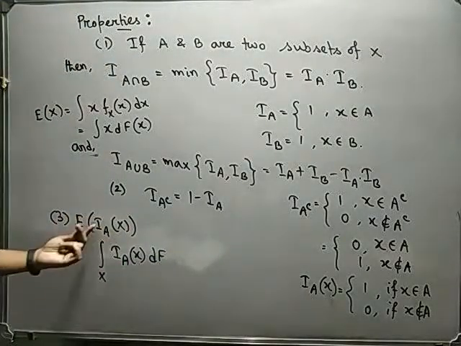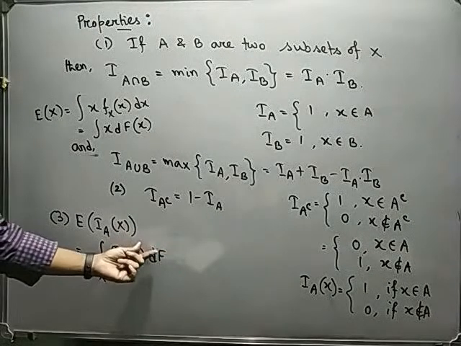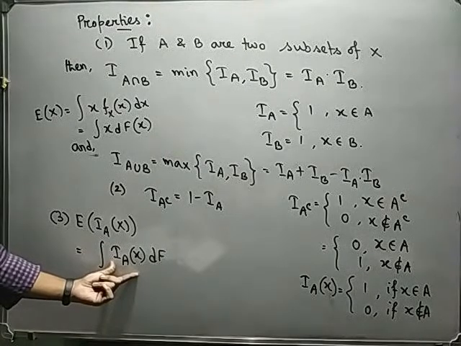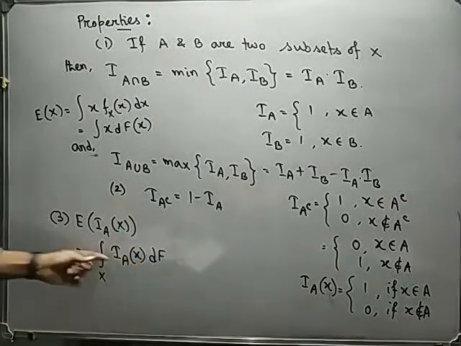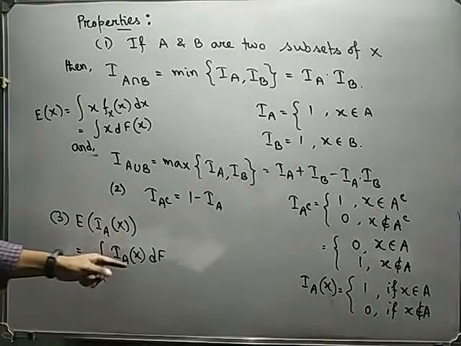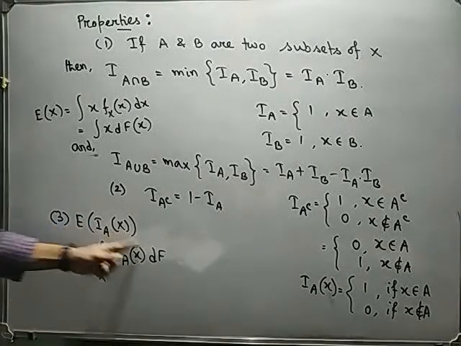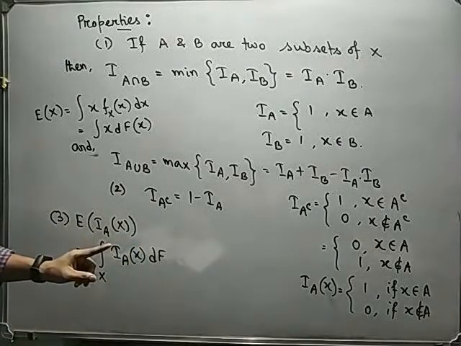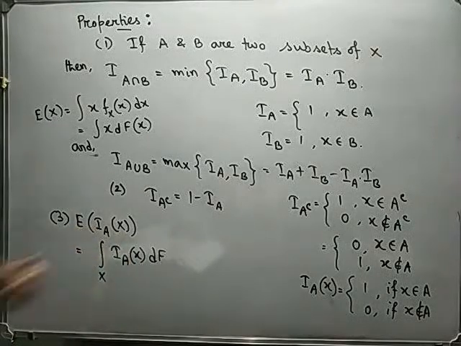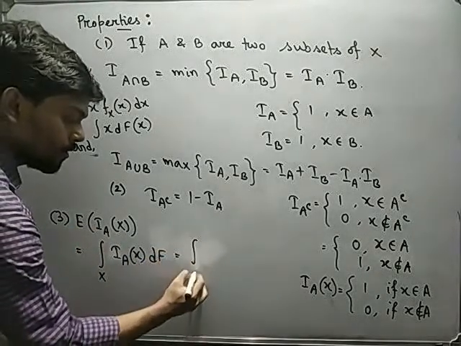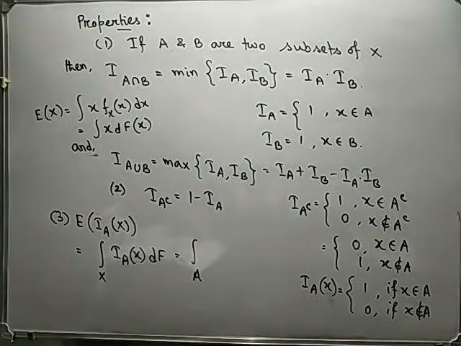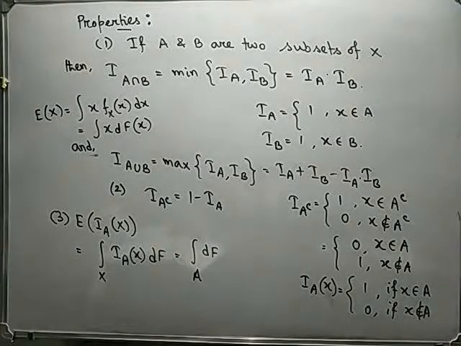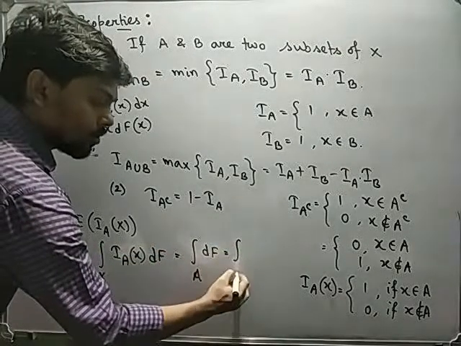So the expectation of this quantity is basically the value times its corresponding PDF. We can write it in this way, but IA takes the values 1 and 0 only. So if IA equals 1, the integration is valid; if IA equals 0, the integration is invalid. IA is 1 if X belongs to the region, the set capital A. So this integration is valid only on the set capital A, and then d of f, you can say like this.